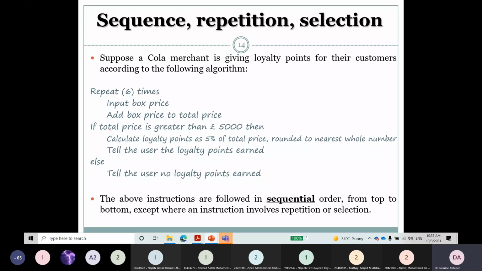The way the repetition instruction is set out within the algorithm, with the condition at the top and the actions indented underneath, emphasizes the connection between them. So you need to understand from the indentation which instructions are within this repetition. Are you with me? Is it clear?